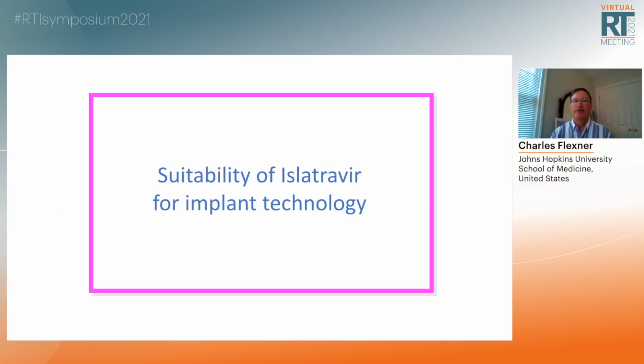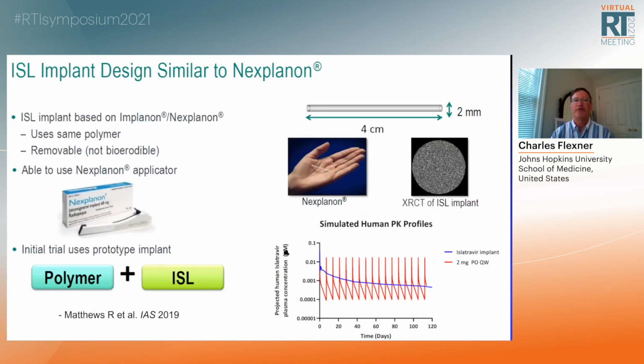The suitability of Islatrovir for implant technology has led to its development for this unique drug delivery platform for HIV. So the drug delivery platform for the Islatrovir implant is the same as that which is being used for the Nexplanon etonogestrel hormonal contraceptive. This is an implant that is widely used globally, and it's a technology that's been around